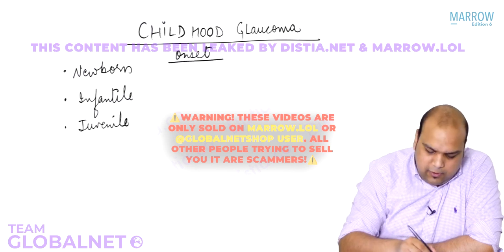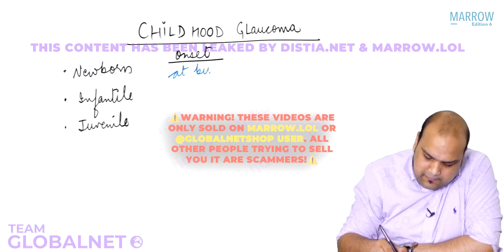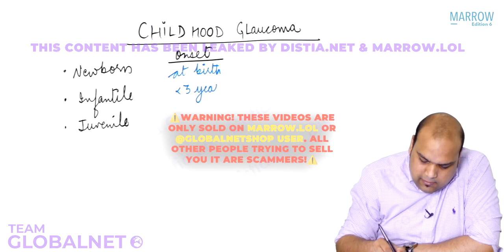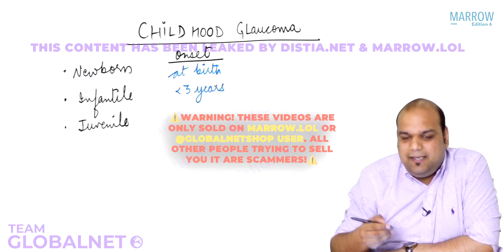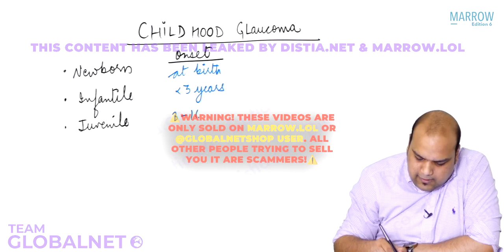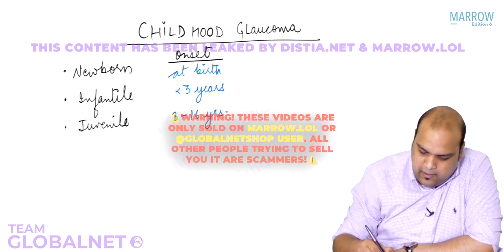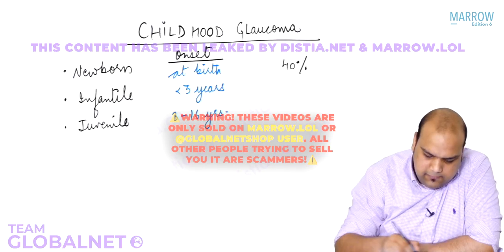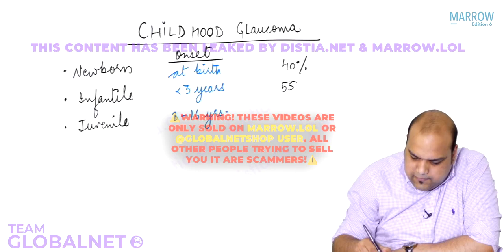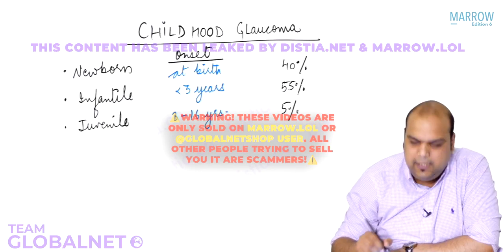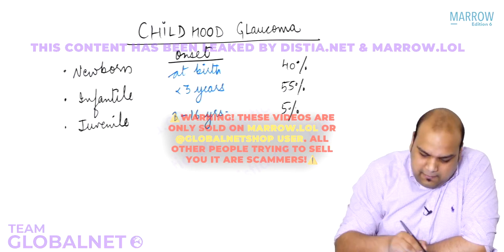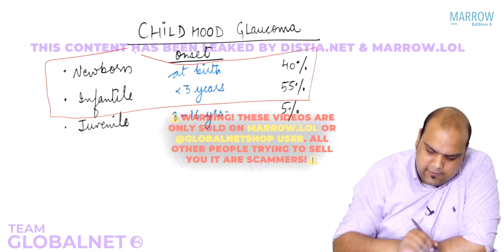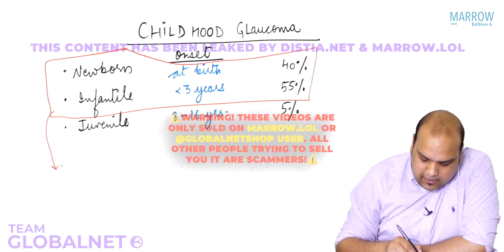Newborn glaucoma, the onset is at birth. Infantile glaucoma, from birth till less than 3 years of age, and juvenile glaucoma 3 to 16 years of age. Newborn glaucoma forms 40% of the total caseload. Infantile forms 55% and juvenile only 5%. Okay, so I can basically say that newborn and infantile together make up almost all the cases of childhood glaucoma, and together they are known as